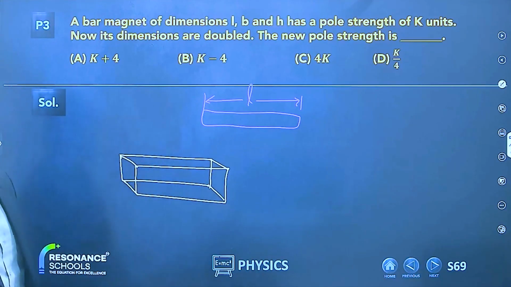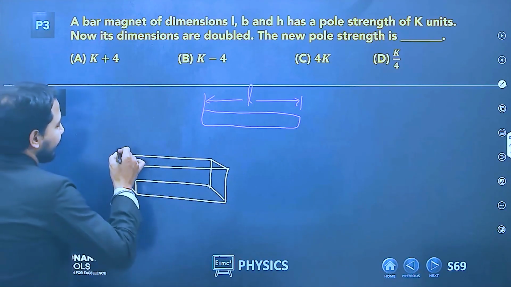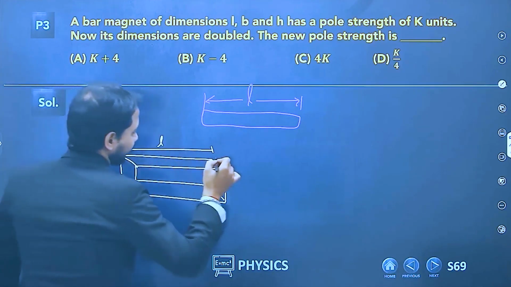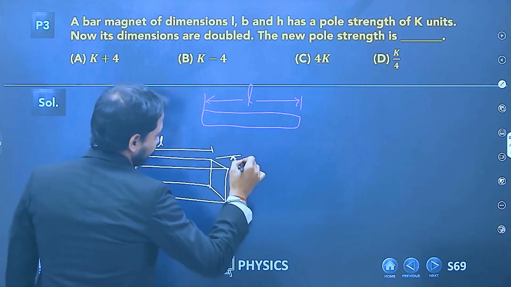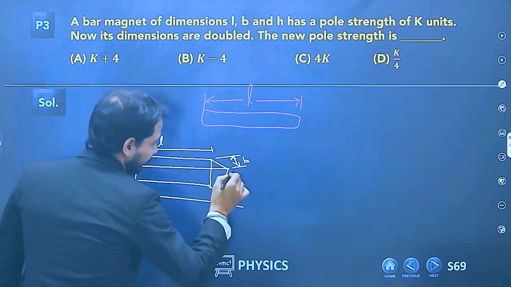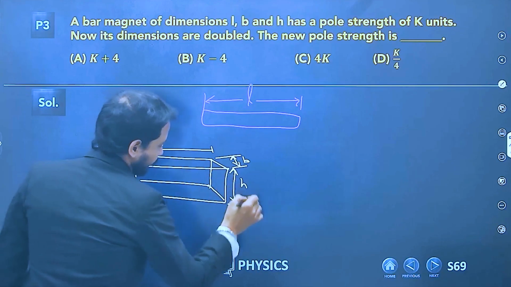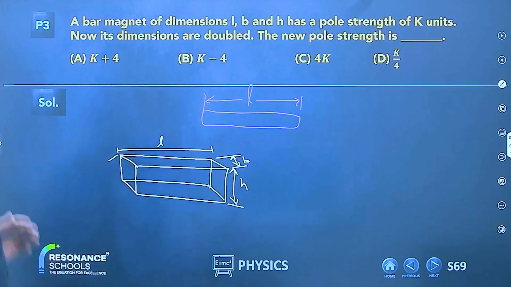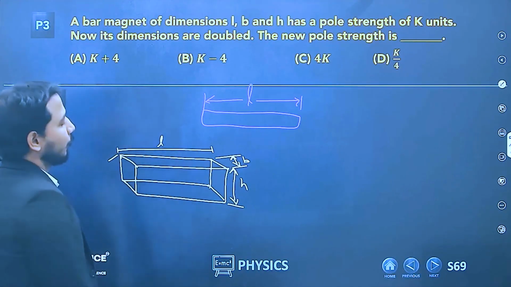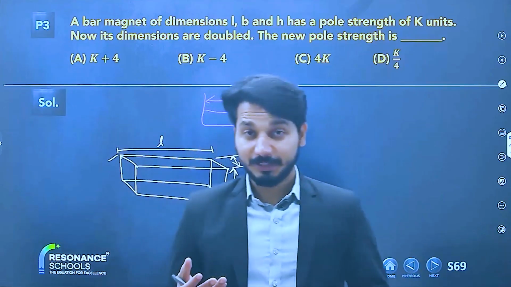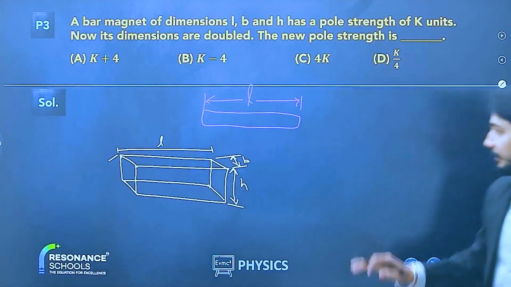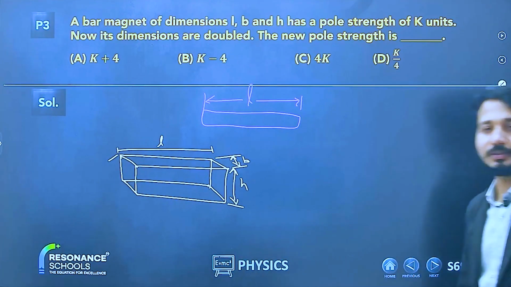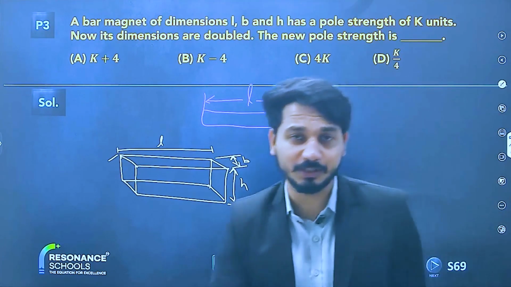It is saying if its length is doubled, its breadth is doubled, its height is doubled. If all the dimensions of this bar magnet are doubled, then what will happen to the new pole strength? So obviously if it is doubled, then the new pole strength will also be doubled, and the answer for this question is